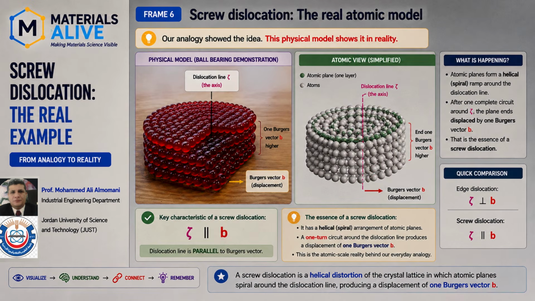The physical atomic model helps us see this spiral arrangement more clearly. And here is the key feature to remember. In a screw dislocation, the Burger's vector is parallel to the dislocation line. This parallel relationship is the defining characteristic of a